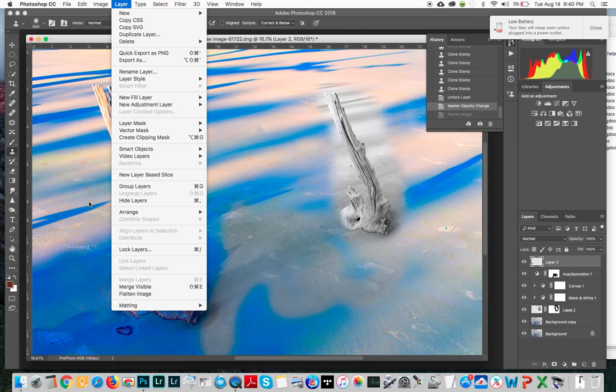So what I'm going to do here is take this and flatten the image, but I'm going to leave all my other layers intact. And if you remember, I did this in class earlier, and